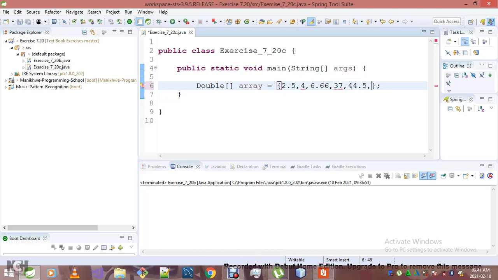Let me just go 0.0, 0.9. So it's 1, 2, 3, 4, 5,